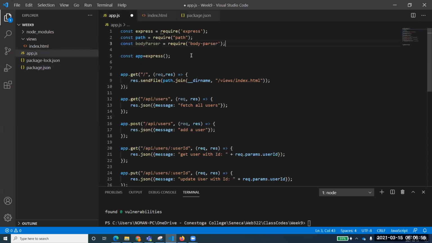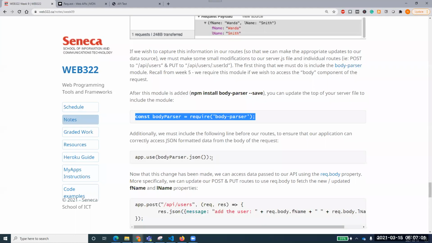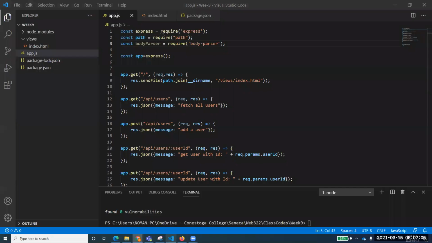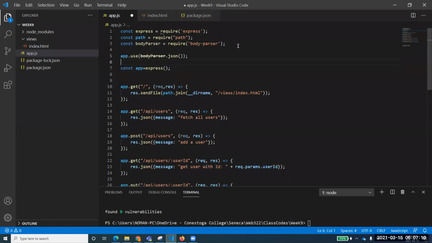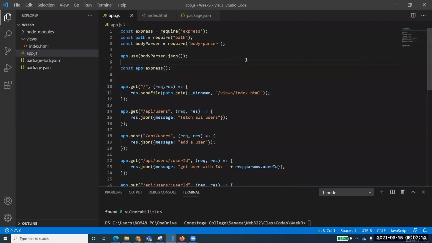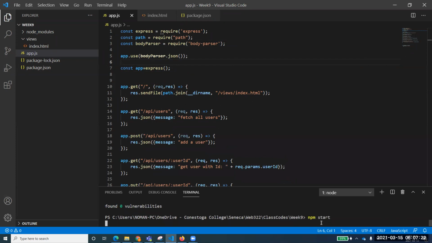we defined this body-parser but we have not used it, and now let's see what else we need to do. So app.use(bodyParser). We need to do that, and even though it might show you a deprecation message, it says that it's deprecated, but you can still implement all of this. It's just a warning that it has been deprecated. And let me just run my file and start.